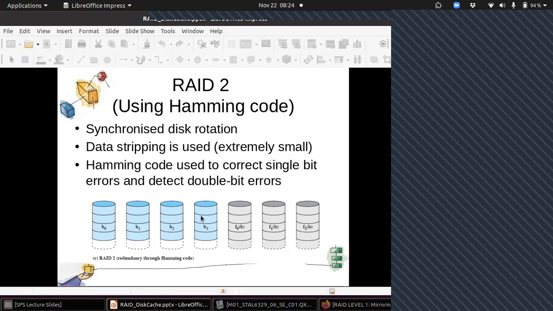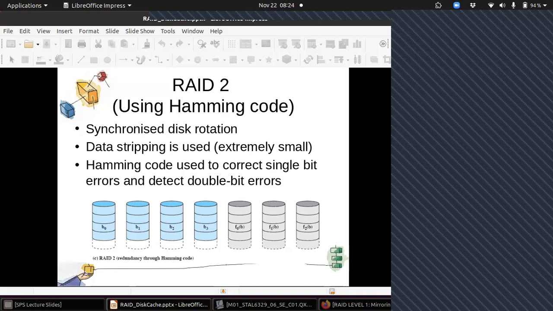It can be at byte level, which is RAID level 3. So you just assume, just try to visualize. If your data is stripped bit by bit, so now if you want to read 1 byte, but the whole byte is distributed over different disks, how can you read 1 byte? So for that, in RAID level 2, what is there? The disk arm of all the disks is synchronized.